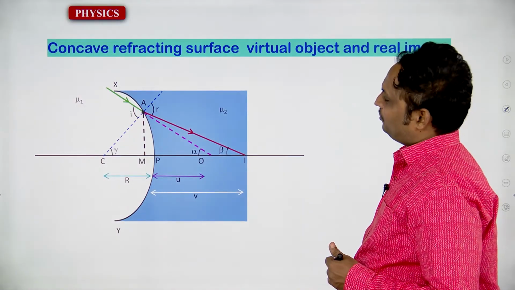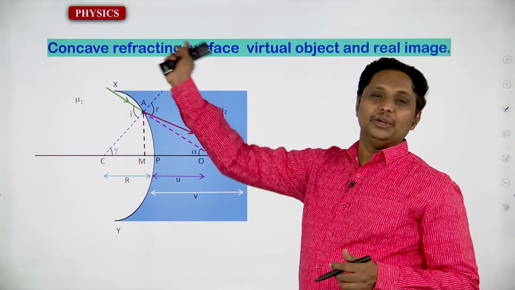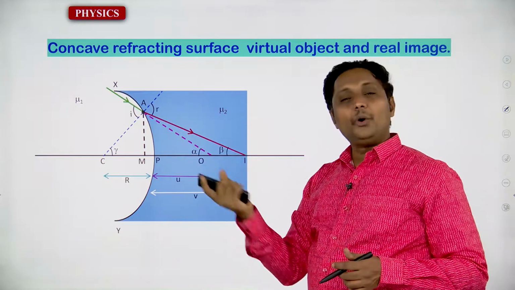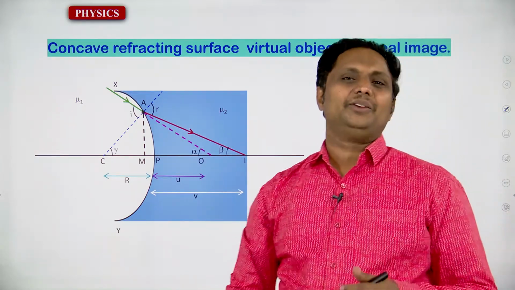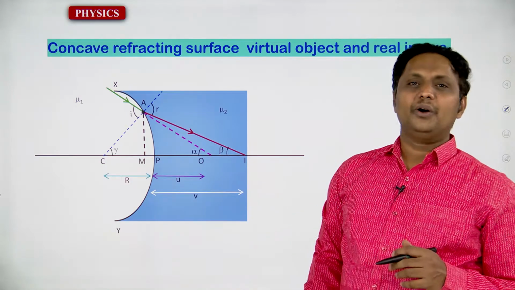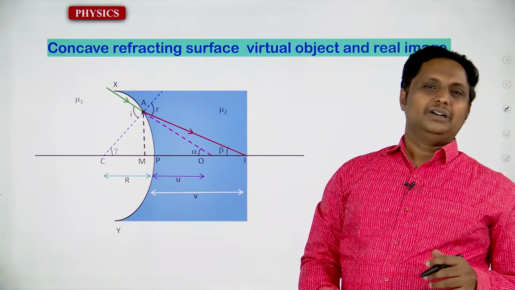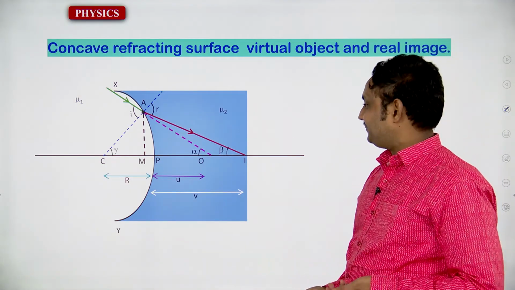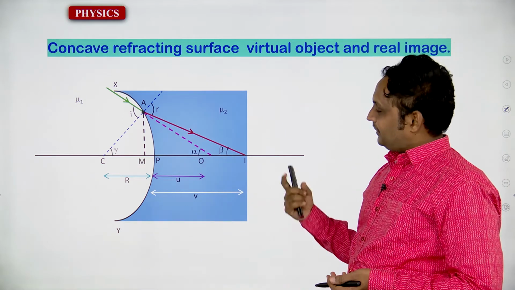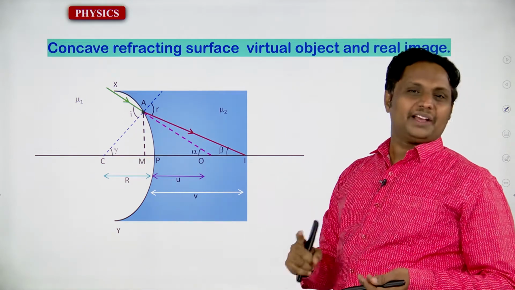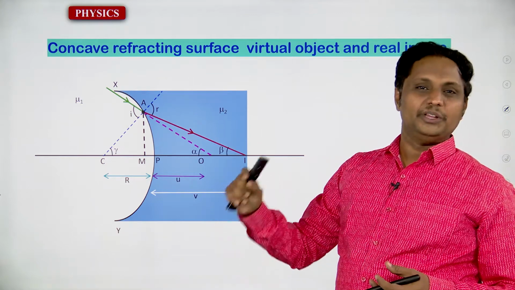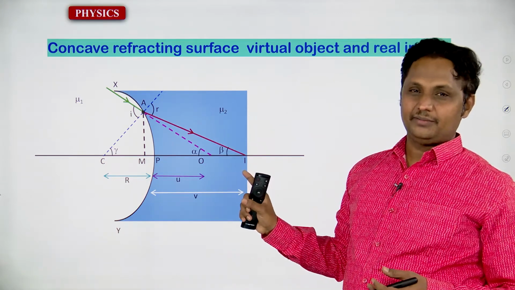Once again you have to see that, just you have to confirm that. Here the position of the object is not at all in the correct place. So we would like to confirm it is going to be the virtual object, all right. But the refracted ray which cuts the principal axis at one point is in the correct position, it's very clear, all right.